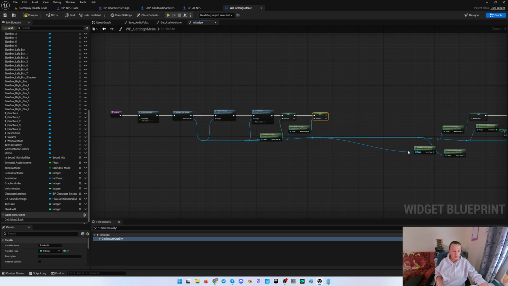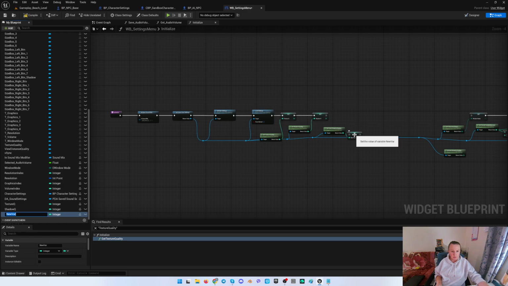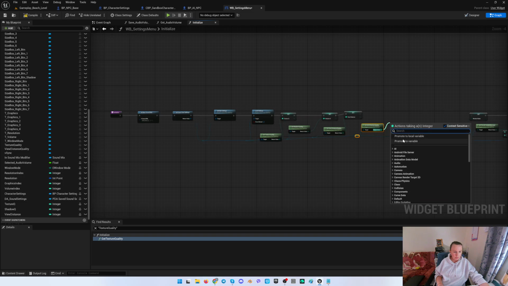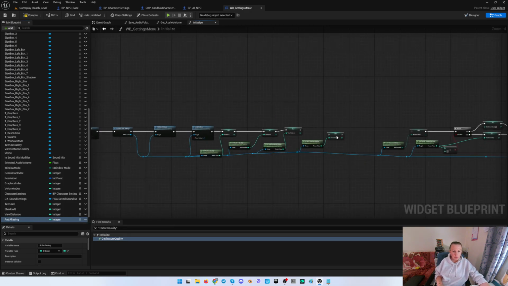Okay, this one is connected with this one. This one will be promoted to variable, and it will be view distance. It will be over here. This one would be promoted to variable, and it will be anti-aliasing. It will be over here,